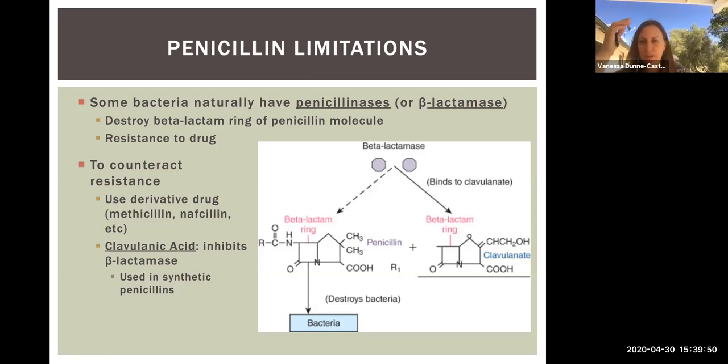can be passed from one bacteria to another through conjugation, potentially through other means like transformation. So this enzyme here, beta-lactamase, will bind to this beta-lactam ring and cleave the beta-lactam ring right here. But there are ways to inhibit this beta-lactamase enzyme, right? This is what provides resistance or drug resistance to penicillin. It's a very widespread enzyme now, or gene, that's passed throughout many organisms in the population that now have resistance